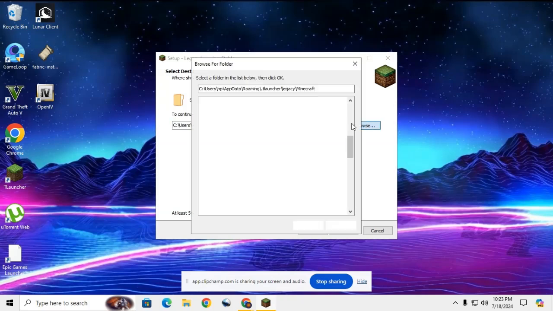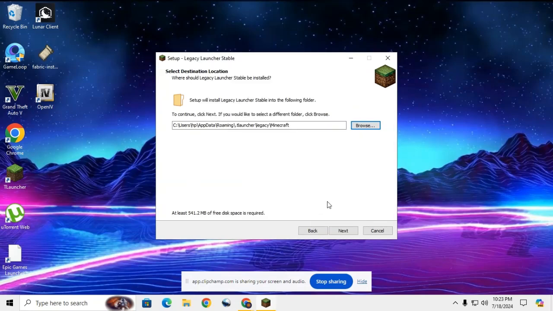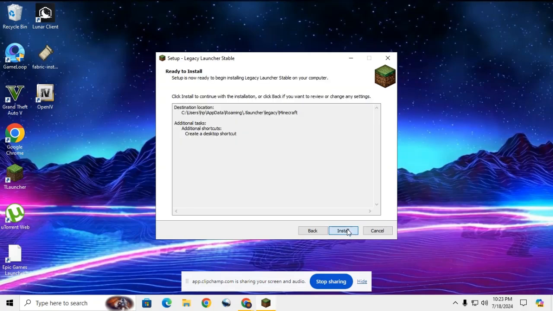It's your choice to put it at any drive. I'm gonna put it in C, and also create a desktop shortcut. It's your choice again. You're gonna click next and install.